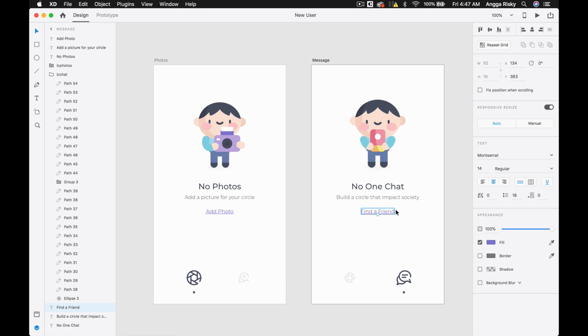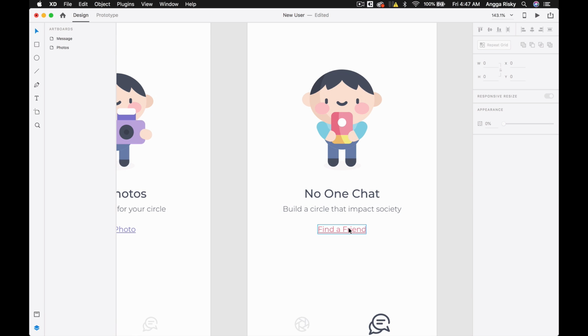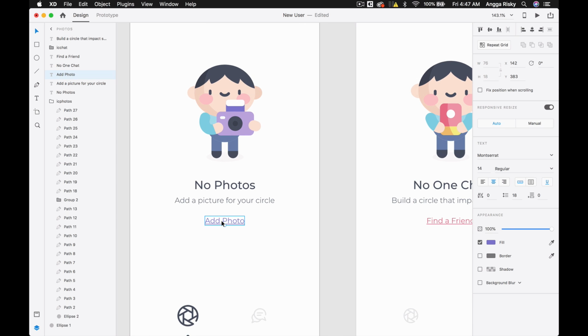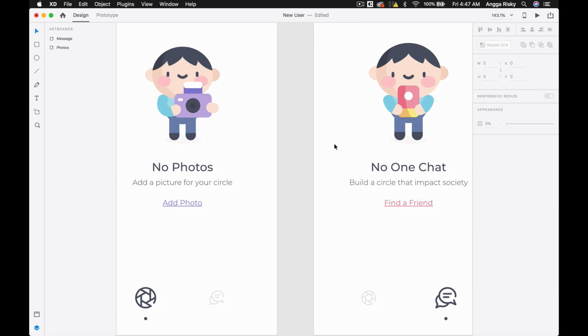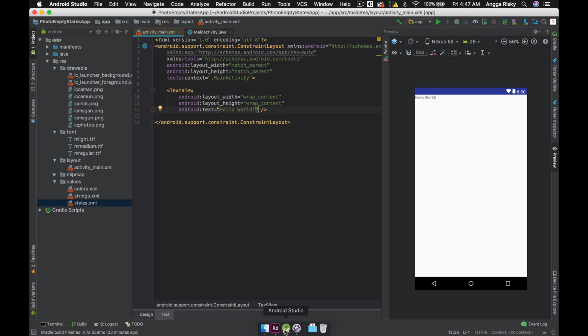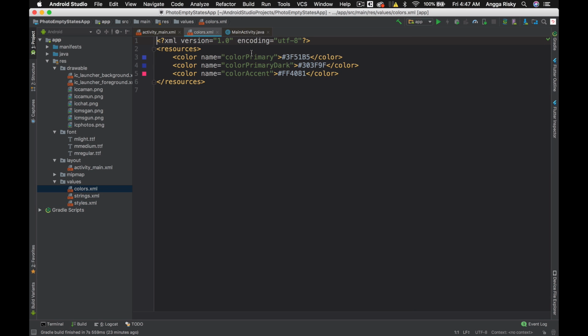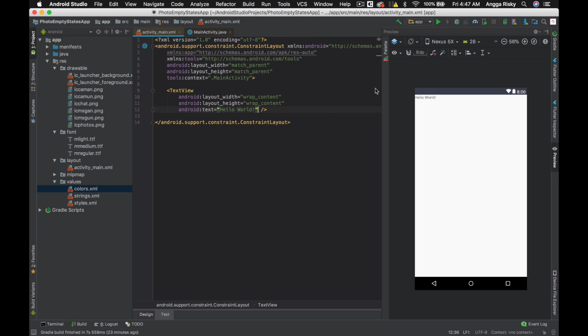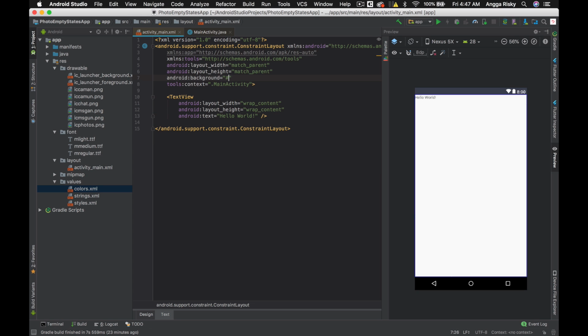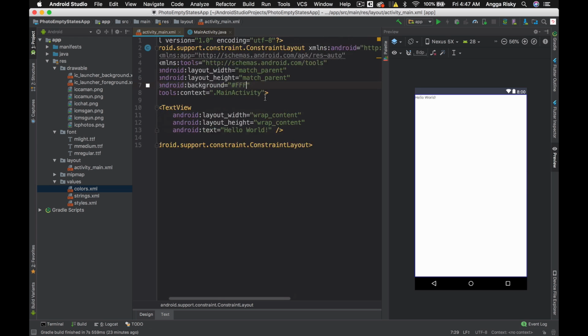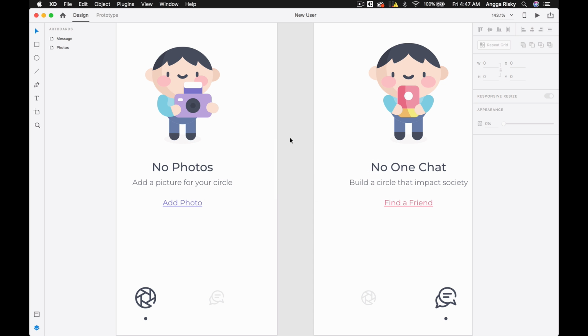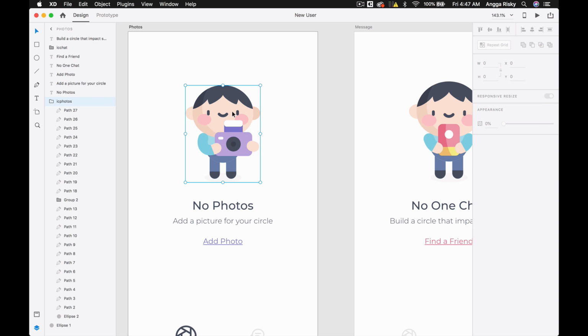So this one, it has to be red, because it matches the love, which is the red spirit, and this picture is like luxury, you know. So right now we have to go to Android Studio, and in the primary dark I have to replace this hex code, so you see it's nice. And in the background I'm going to set the white color. Okay, cool.